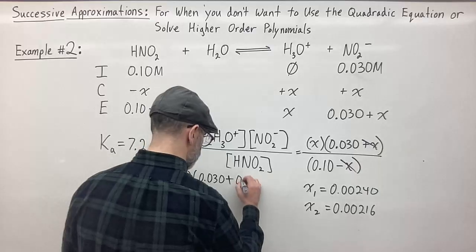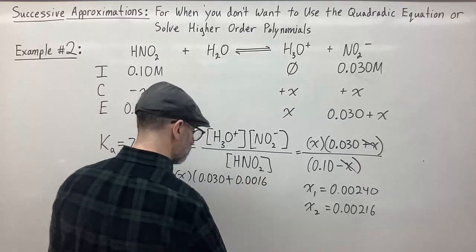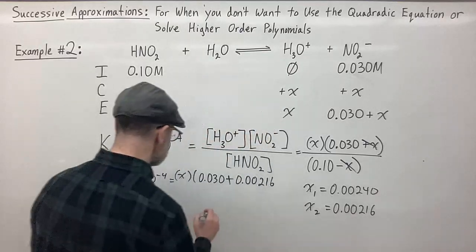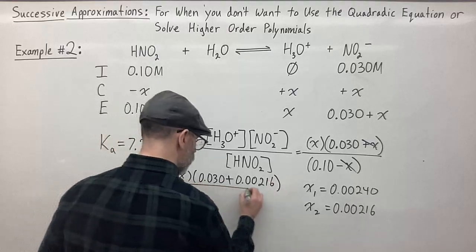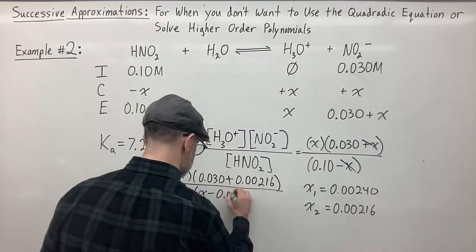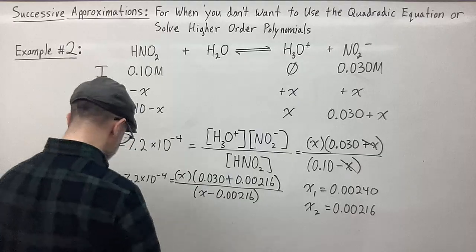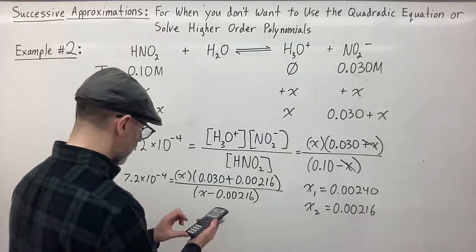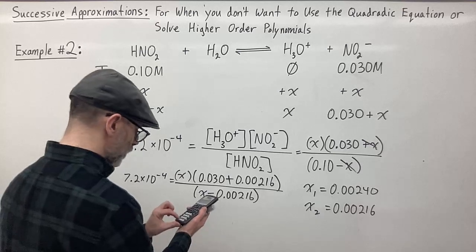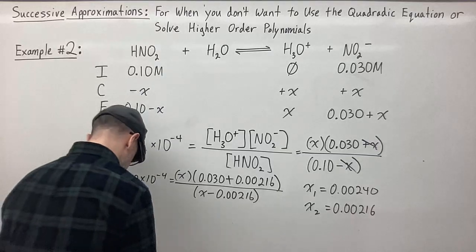So it's going to be 0.00216 over x minus 0.00216. So then, finally, I'm going to take 0.030 plus 0.00216 equals,